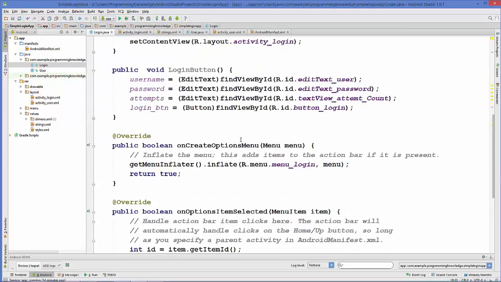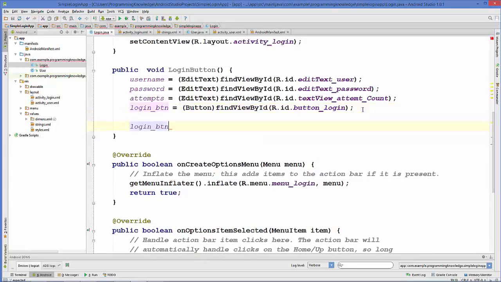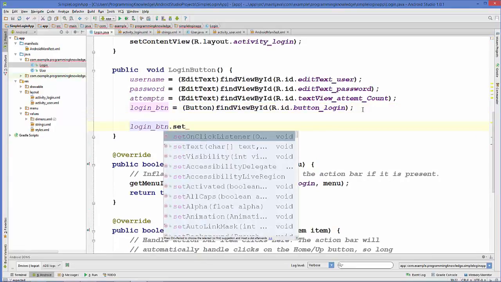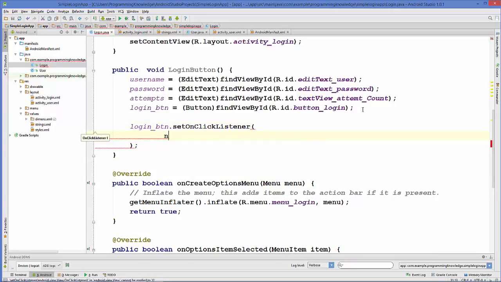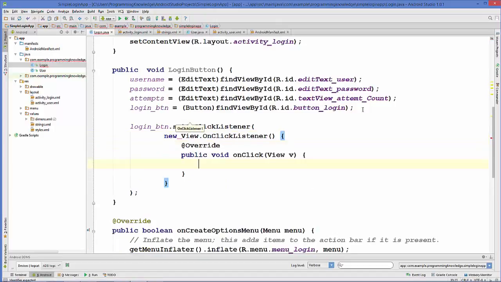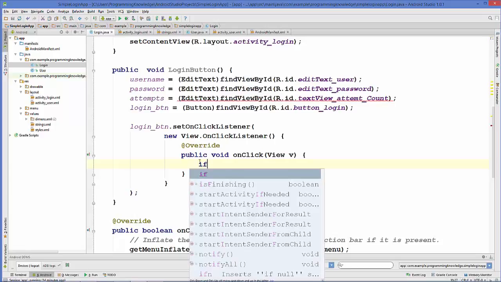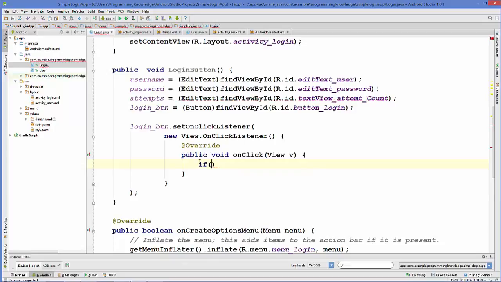Okay, so let's take this button and create a button click event. So login button dot setOnClickListener, and then we will create a new OnClickListener, and inside this onClick method we are going to write our code. So first of all, we want to check the text in the username and password. So we will just write if the